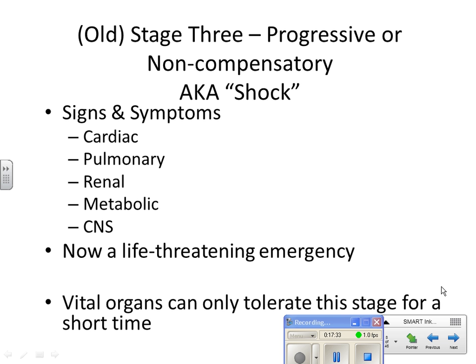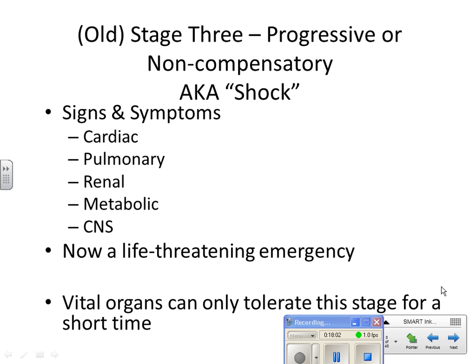Metabolically, we're going to see elevations in lactic acid levels and ammonia levels. If we have elevated ammonia, bilirubin, and liver enzymes, what does that indicate? Liver failure. We'll also see higher levels of glucose as other organs are failing. The pancreas can start to fail.